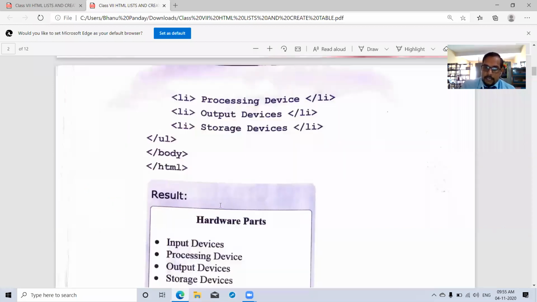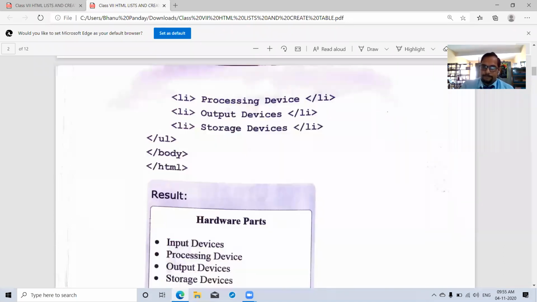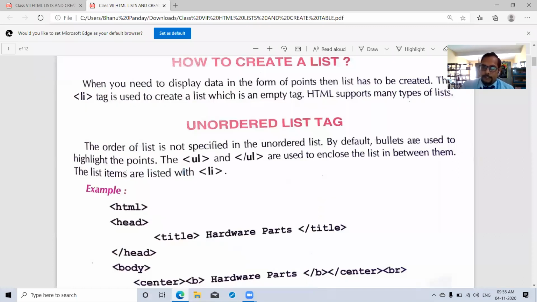Hardware parts, this is the heading. Then the points input device, processing device, output device, storage device are given in a point manner. So this is represented by a bulleted list. By default, bullets are used to highlight the points.